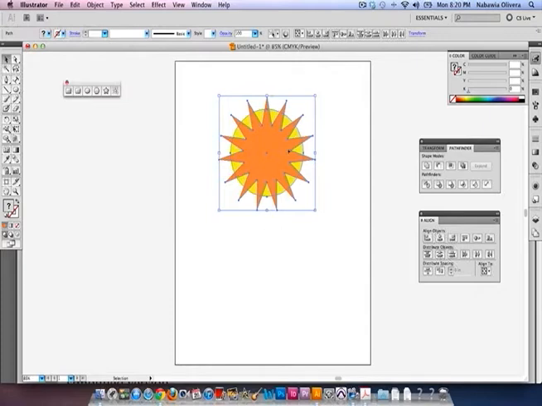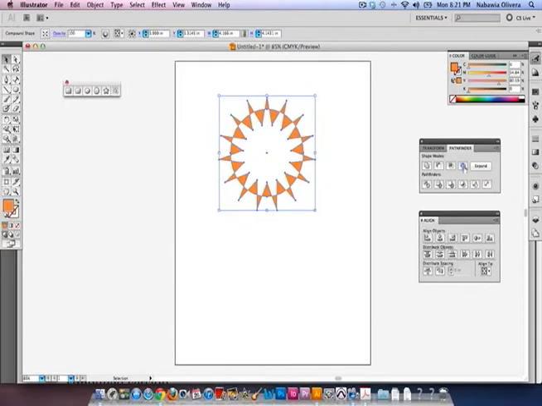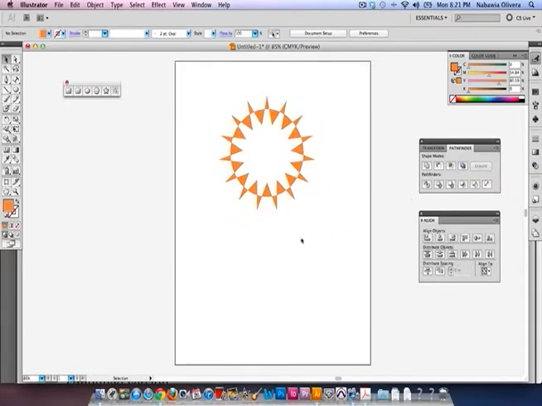Now that they're both selected and they're aligned, I'm going to hold down my option key and option click this exclude button on the Pathfinder panel. So I'm going to option click, and now I've created a cutout where there was an overlap between the star and the circle. Now since I option clicked, I can switch to my direct selection tool, the white arrow, and